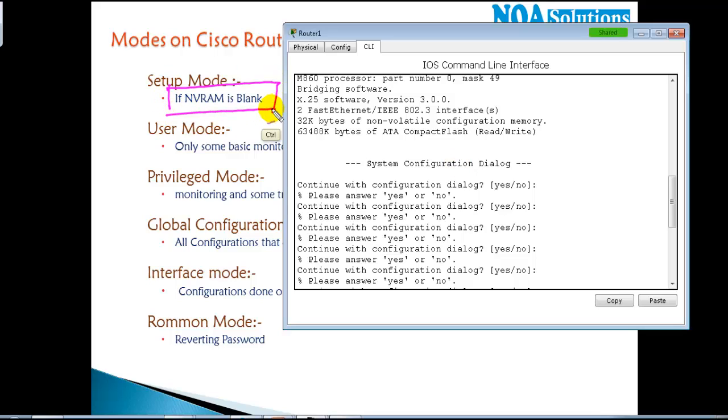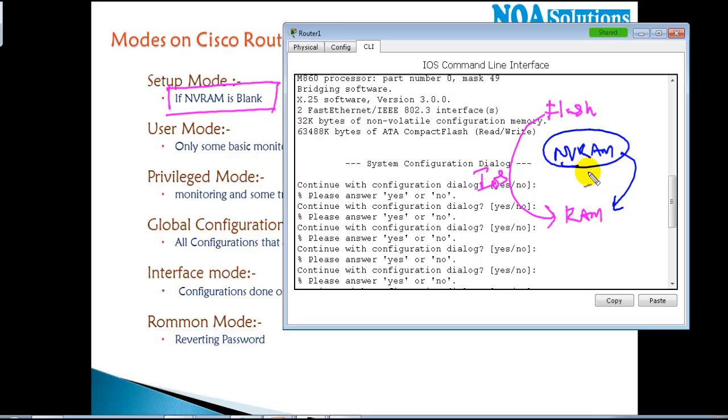Now, NVRAM, when will it be blank? If you remember, whenever the router boots, first it is going to load the IOS from the flash into the RAM, right? It's going to load your operating system, and after that it is going to load the configurations from your NVRAM, which means whatever changes you did before you powered off your router. So right now in this NVRAM, there are no configurations. If there is nothing configured or nothing saved, then you will see this setup